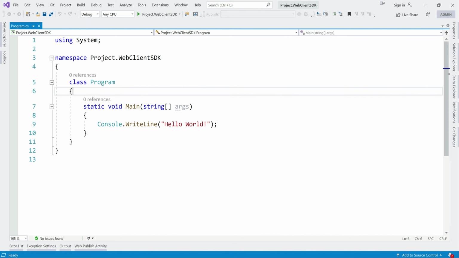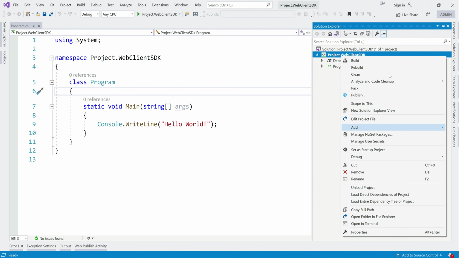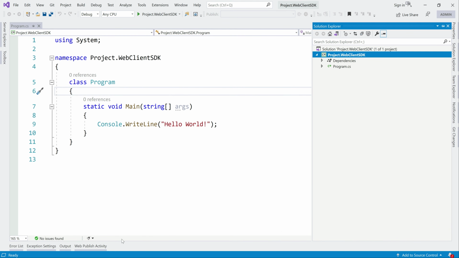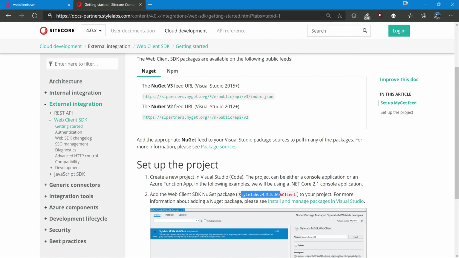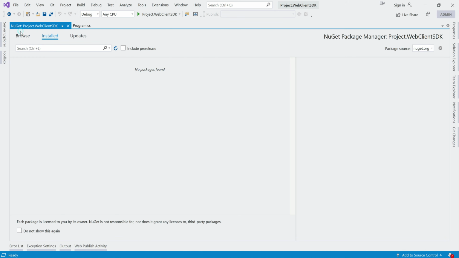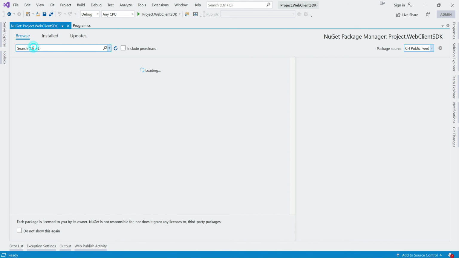Now the next step is to import the NuGet packages into this solution. Manage NuGet Packages, and I believe this feed is here. Yeah, let's copy this. Make sure your package source is pointed to the public feed.